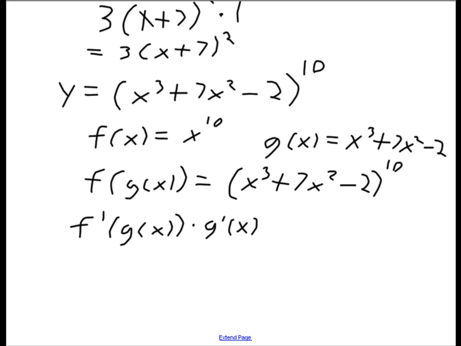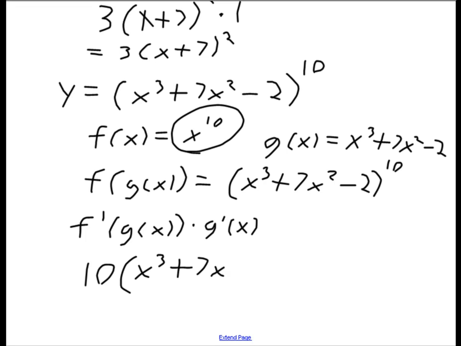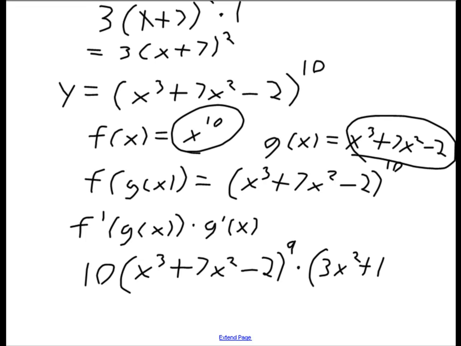We know that f prime of x is going to be 10x to the 9th, just using the power rule with this. So f prime of g of x is going to be 10 times g of x to the 9th. So 10 times (x to the third plus 7x squared minus 2) to the 9th. And then that's multiplied by g prime of x. So we'll just use our power rule on this g of x and get 3x squared plus 14x. And this is our derivative